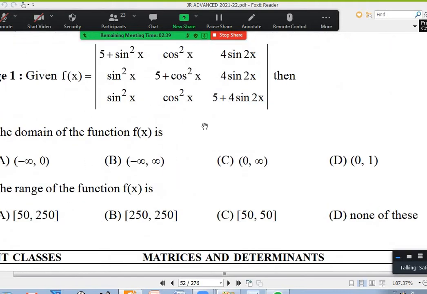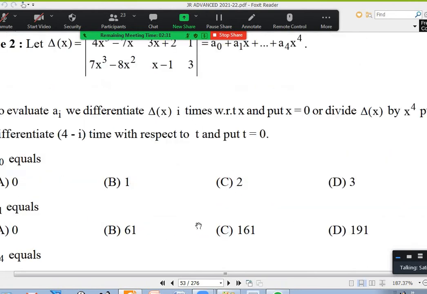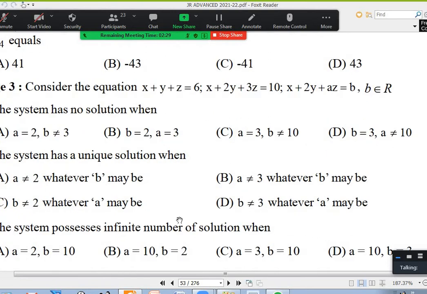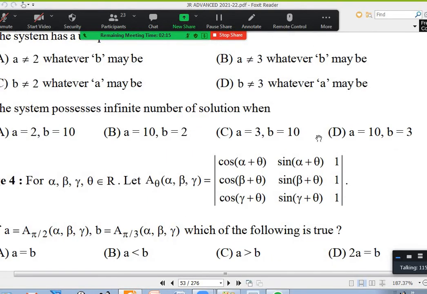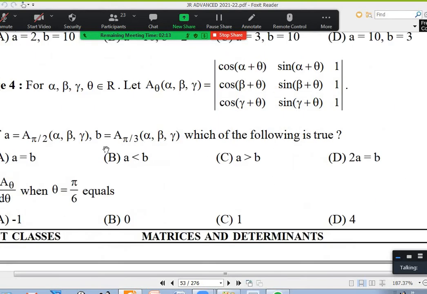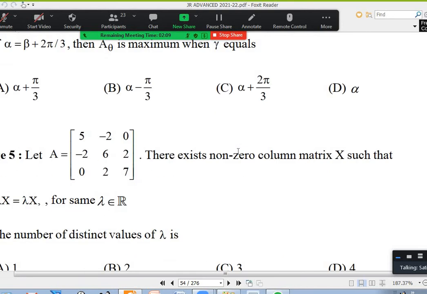What is domain? What is range? Don't worry, this is trigonometry. Later on we'll study. Even this, you don't know about differentiation. I told you to skip many things earlier. Passage 3 is a good one. So passage 1, passage 2 you have to skip. Passage 3, any doubt? Passage 4 again, I can explain, but some trigonometry and a little bit of calculus is required.